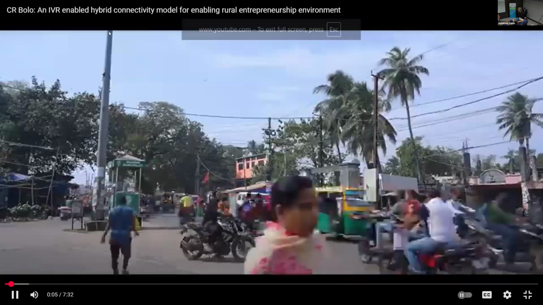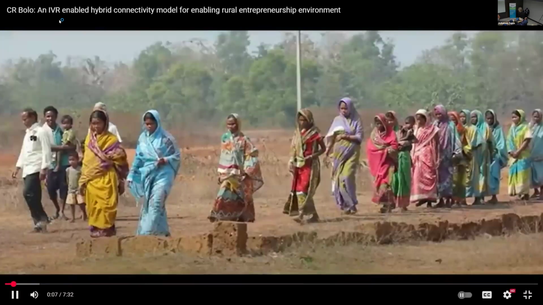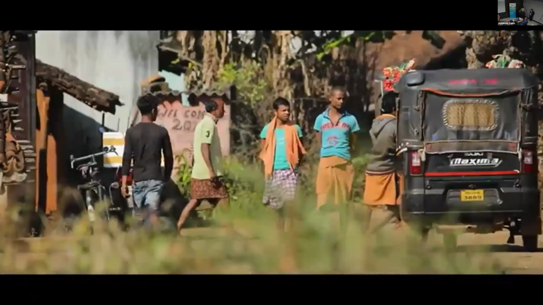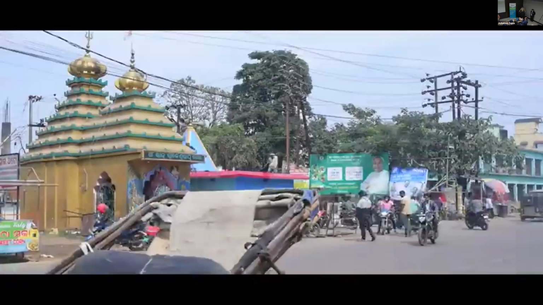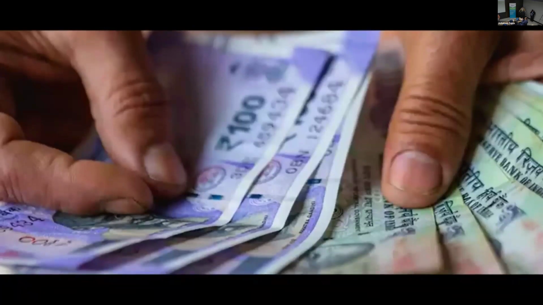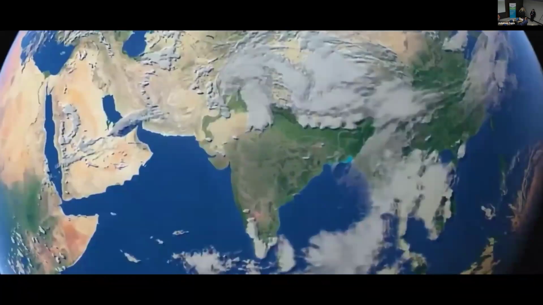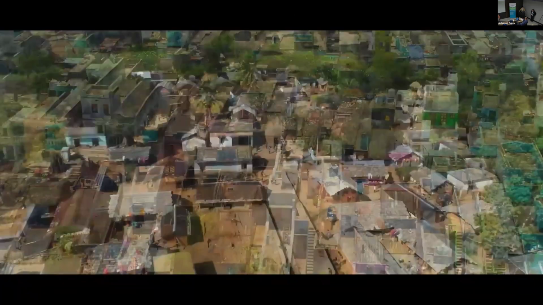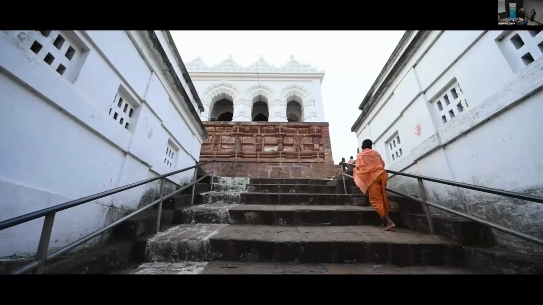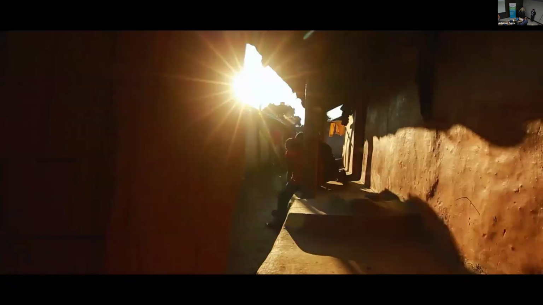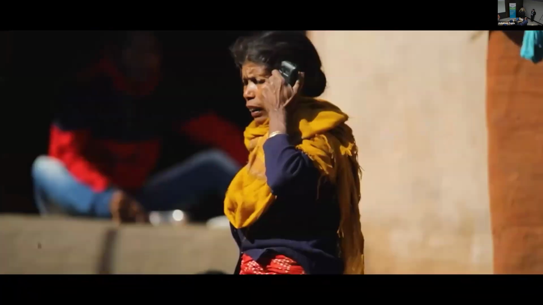Over 2.7 billion people in the world, mostly in the developing countries, still don't have internet access. This means that over half of the world's population is missing out on the life-changing benefits of connectivity, from financial services to health and education. India is a diverse country, having different cultures, geographies, languages. In the rural expanses, where over 70% population resides, a lack of reliable internet connection stands as a barrier to